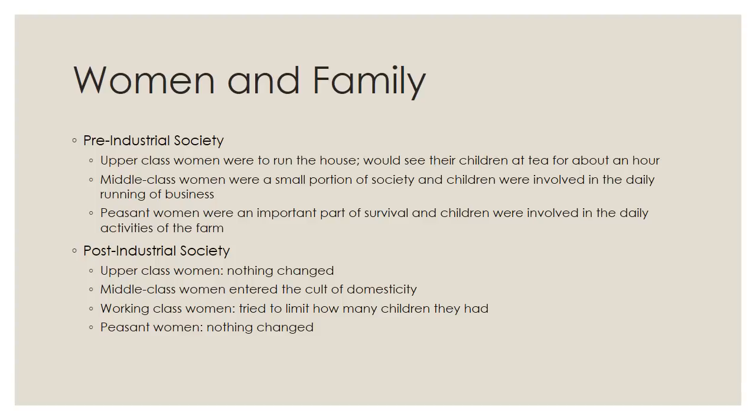In post-industrial society, things changed for the most part for working class women. We have a new class. We have a lower amount of peasants, and those women became working class women, and they wanted to limit the amount of children that they had. And contraceptives start to be invented in the late 1800s. The condom was actually created in the late 1800s as a way for working class women to protect themselves from pregnancy. If a working class woman would become pregnant, she would lose her job, and now she would have another